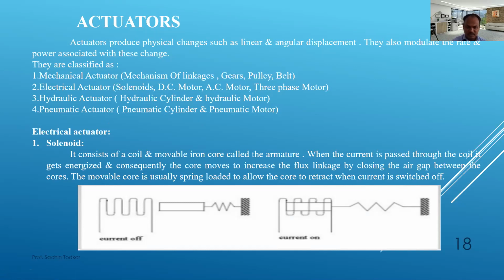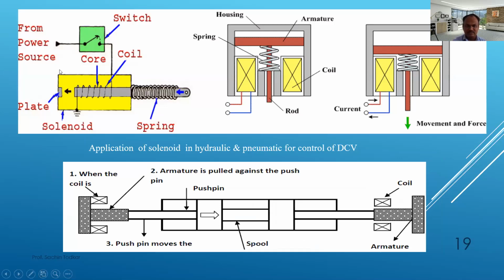So SV, our solenoid valve, consists of one core and one coil, and there are switches associated with that particular solenoid valve. If the spring is in tension, and if it is moved towards the plate, there will be a change in the SV, and you can get on-off of that particular flow. Solenoid valves are used in regulation of fluid flow and regulation of pneumatic flow. These kinds of things we are going to use.